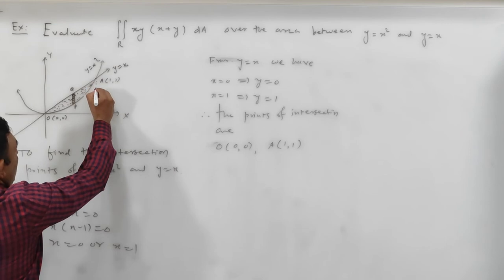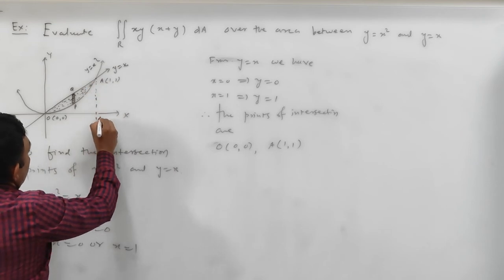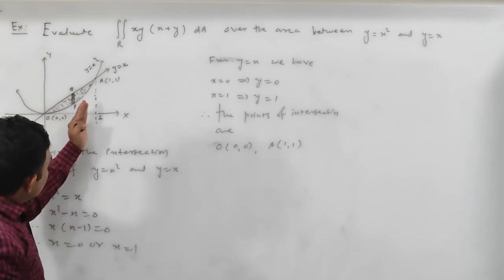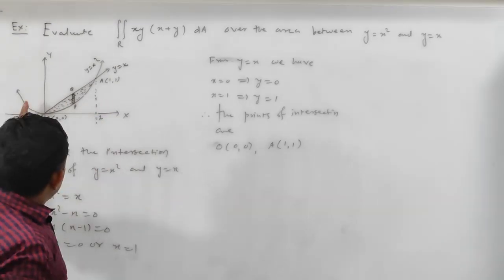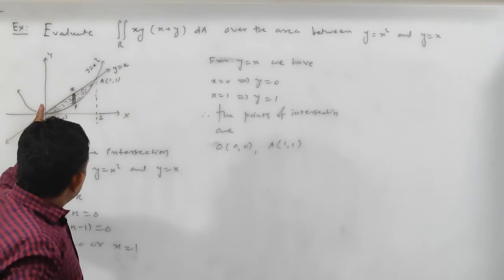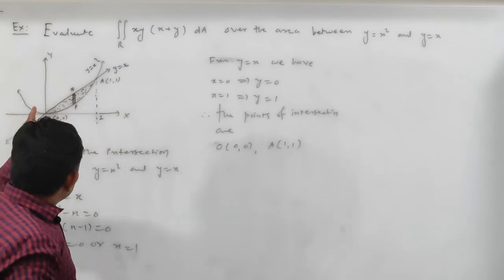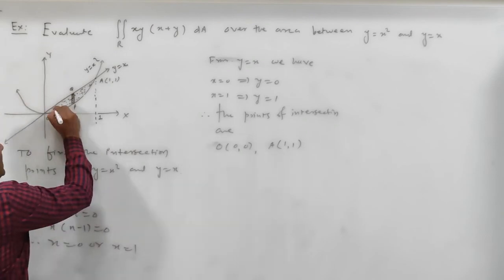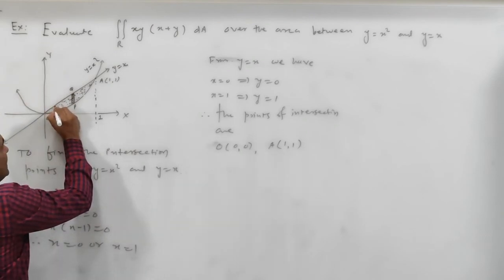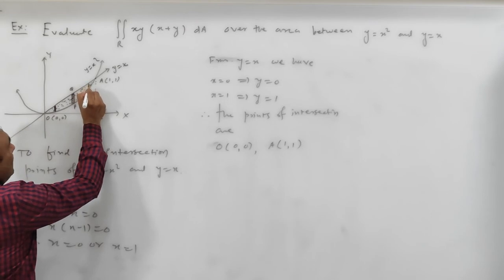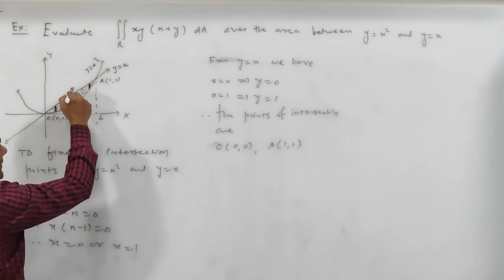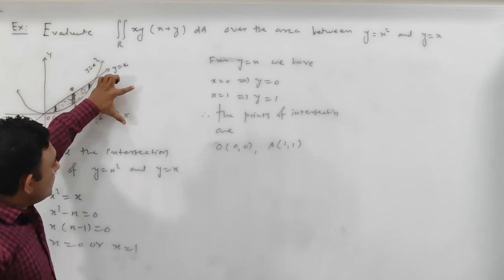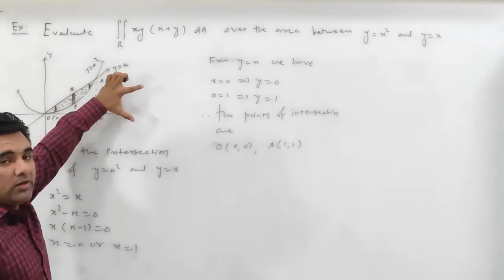So let me draw a dotted line, and here this will be 1. So from x equal to 0 to x equal to 1, if we change the value of x from 0 to 1, then our strip moves horizontally and the strip is flexible. So when the strip is here, it will look like this, and when the strip is here, it will look like this. So the strip is flexible, so you move it horizontally, then this area will be covered.